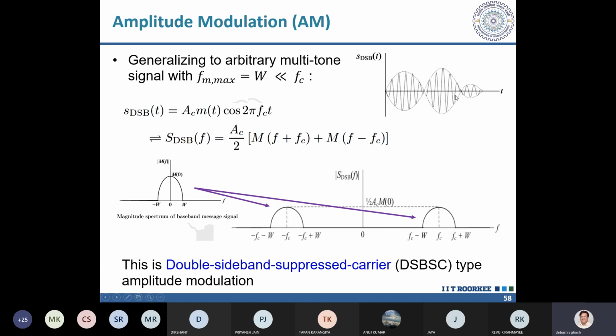After double sideband, the modulated wave will look like this. The carrier was constant, Ac cos 2πfct, but now you see it has got modulated. The amplitude is modified, going up and going down like that, and that is due to m(t),